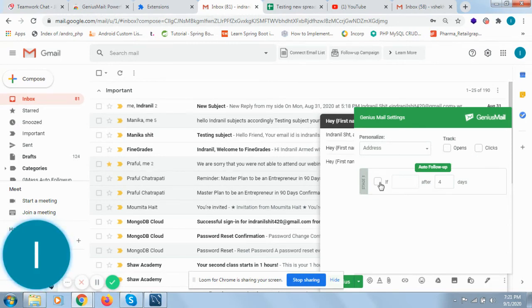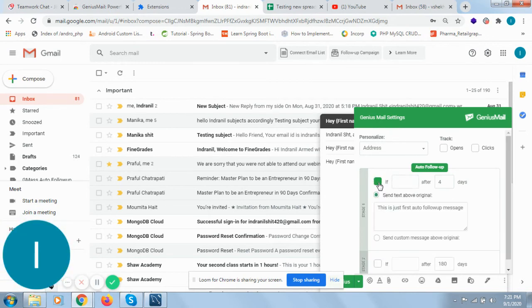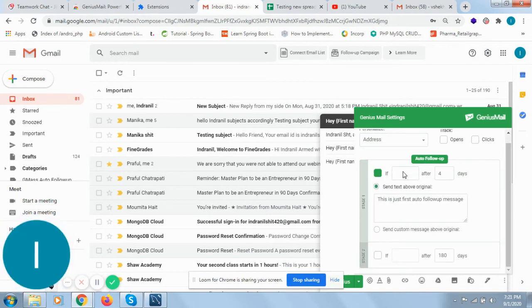See, some auto follow-up features are there. Once you click on that checkbox, there are dropdowns with options: no reply, no open, no click.